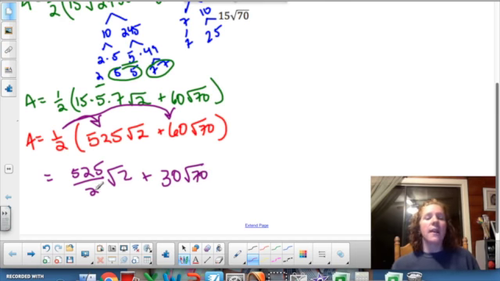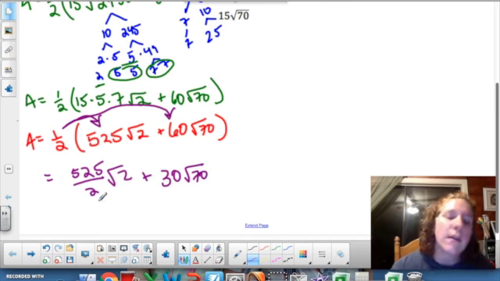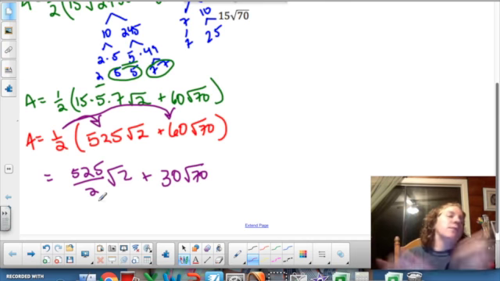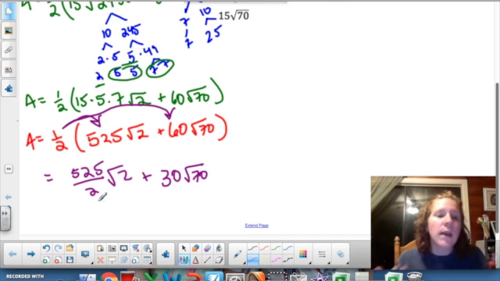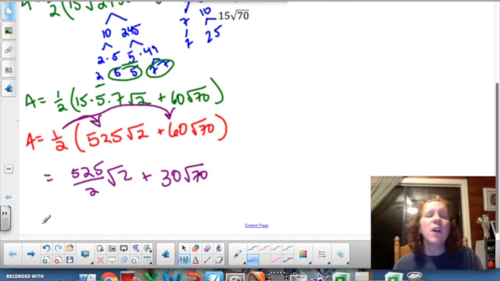Now, if you are actually doing a real-life application problem where you need the area of a triangle for, say, figuring out how much wood you need for building a giant monument of a triangle, I don't know, or paint or whatever, then going to Lowe's with this measurement, not going to make a whole lot of sense. They're not going to know what you're talking about. So it's good practice to have this perfect answer here, but also to just, for the sake of completeness, give